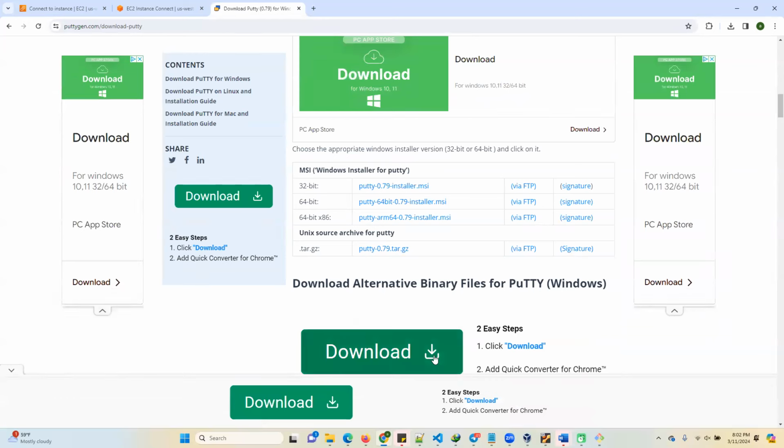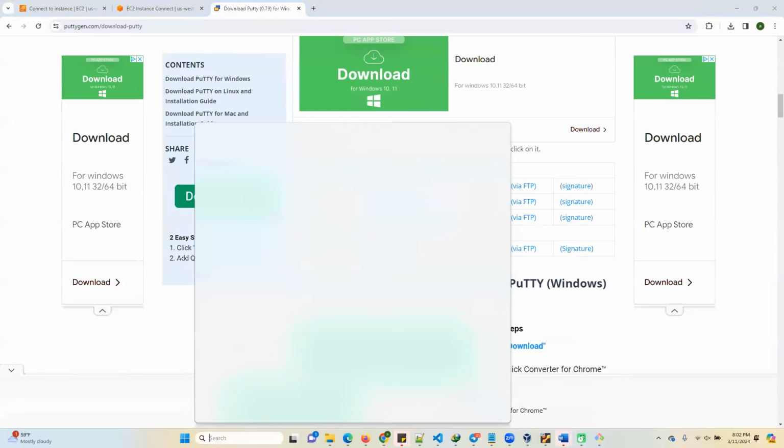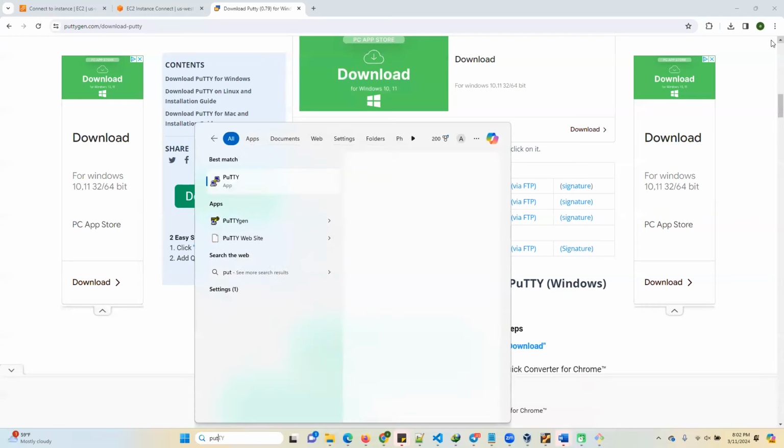Okay, so once you have downloaded PuTTYgen and you open it,